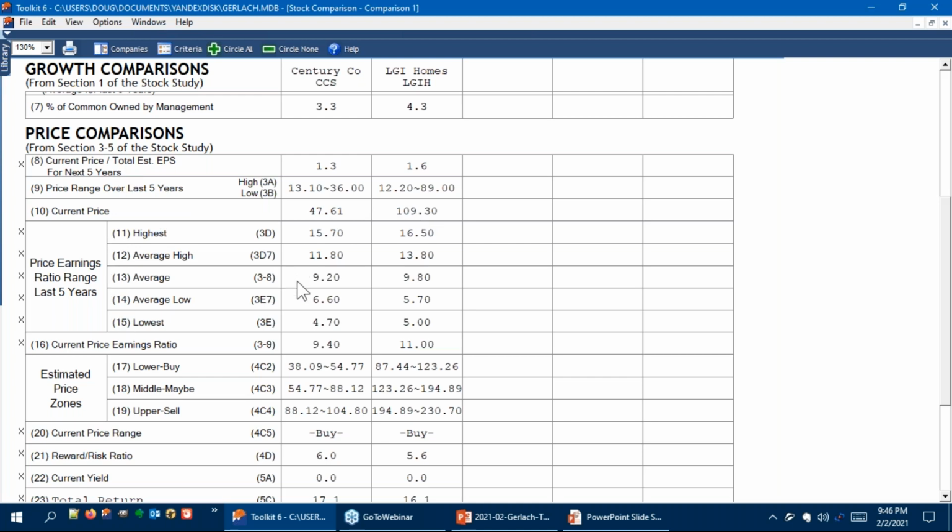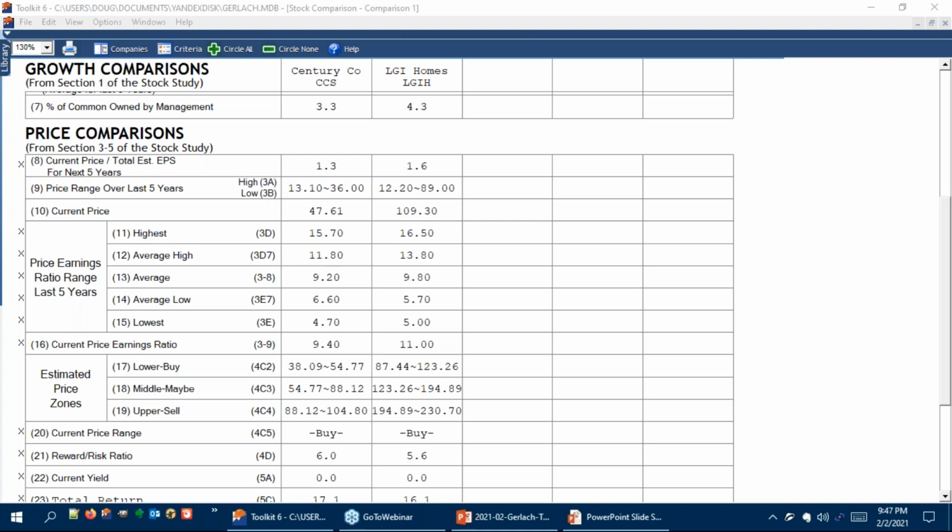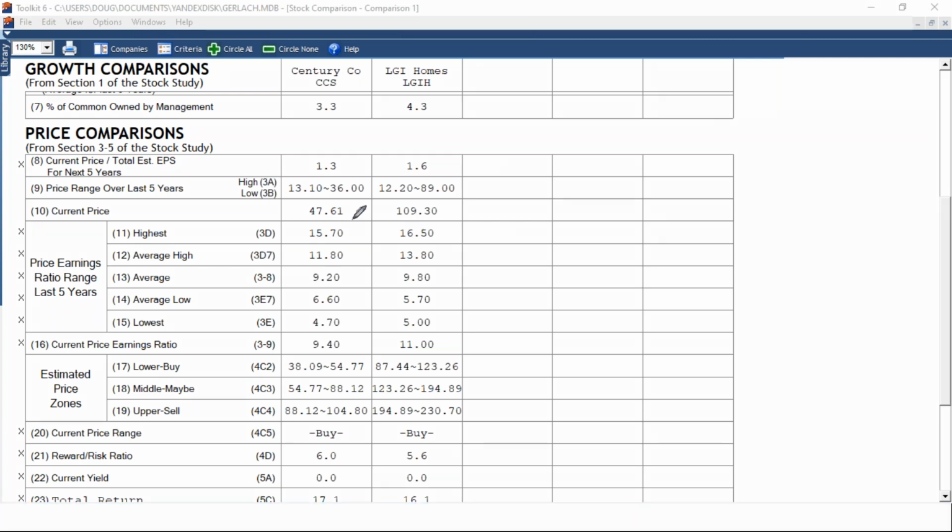The PE ratios, I also tend, in many cases, to not use them for comparison purposes on the comparison guide to select a winner, because you've got different companies perhaps at different growth rates in different industries, or different sub-industries, for instance. In this case, I think it does tell us a little bit. As you go through them, you realize the high PE ratios are very similar. The low PE ratios are very similar. All of the PE ratios tend to be very, very similar for each company.